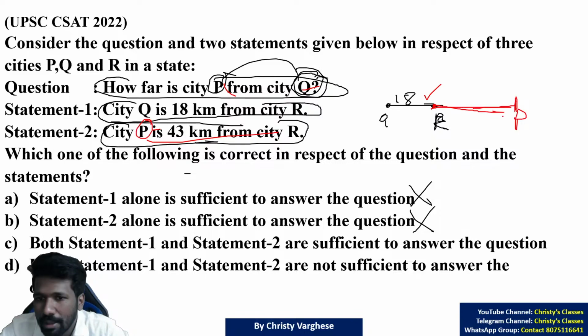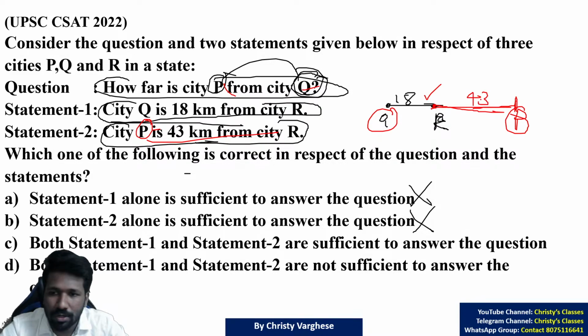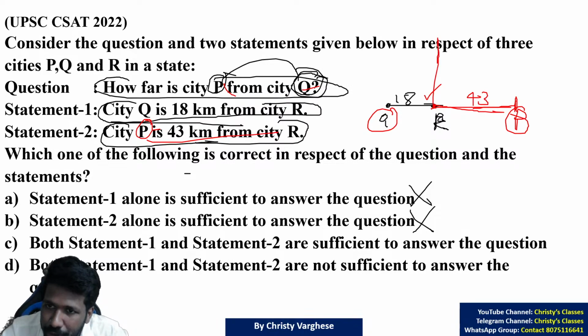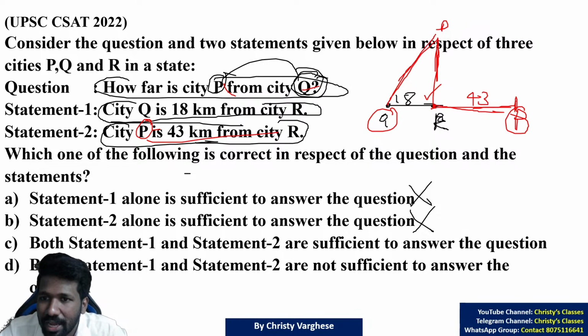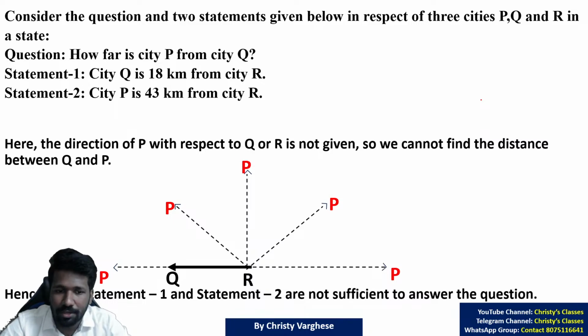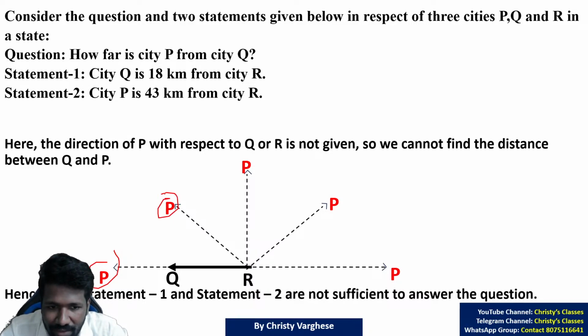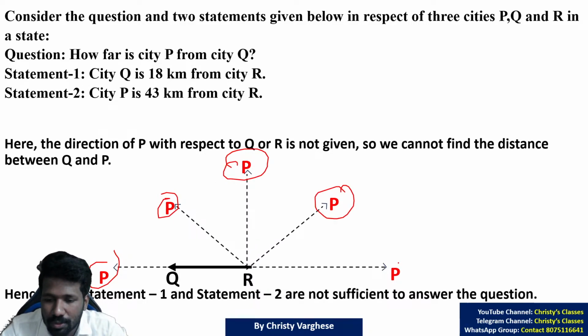Then P to Q distance will be 43 plus 18, 61. But what if P is perpendicularly drawn like this? On the north if P is represented, the distance will be, Pythagoras theorem you have to apply, the hypotenuse of this right triangle. Whatever be that value, that is different from 61 for sure. Are you understanding what I am trying to say? P can be positioned anywhere as you want, because the question does not specify where to position it, or statement 2 does not specify it. That is why